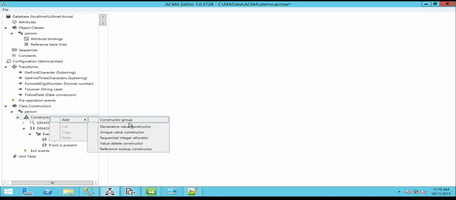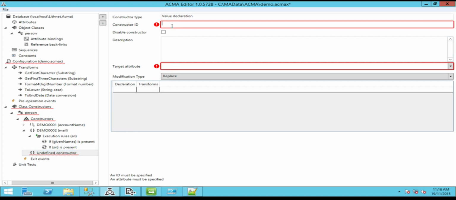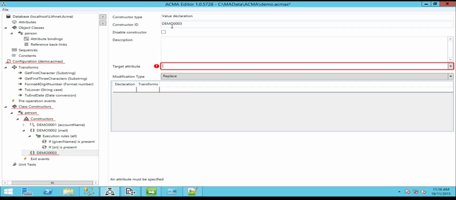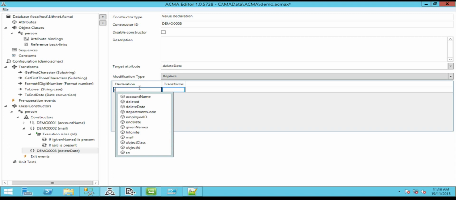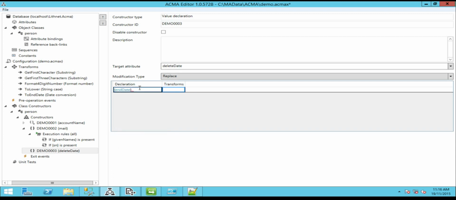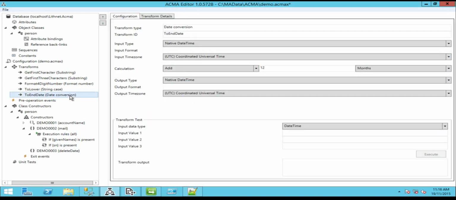We'll do one more very quickly, and this is to set an end date. Deletion date. So we want to know when to get rid of this user. And I'm going to take the contract end date that we had, and I can even apply transforms in here. And I've got a transform called toEndDate. And what that is going to do, if I have a look over here, is take a date and add 12 months to it. So this is a good place to use date calculations, inside ACMA, because it's designed for transforms. So if I save that,